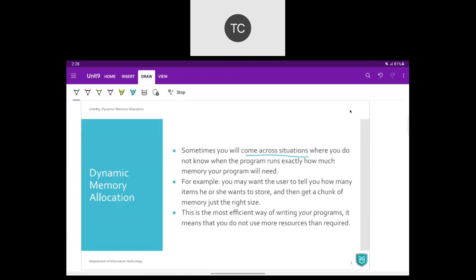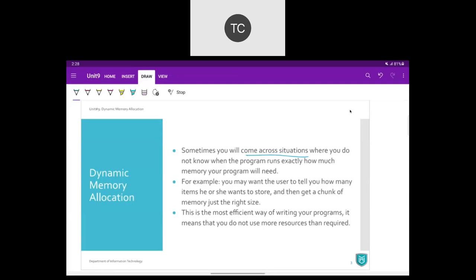Now the end user says, oh, I only want to store 5 student data. Then the memory allocated for the remaining 45 students is just wasted.